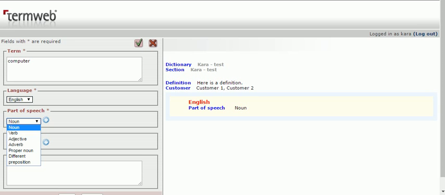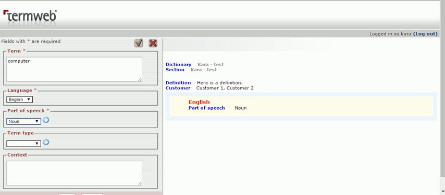The part of speech, and you can see that there's an asterisk beside these 3 fields because you have to have a term if you go into a language. We're going into the language English. You can't just have an empty English section. So you have to have a term, you have to choose the language, and you have to choose the part of speech,